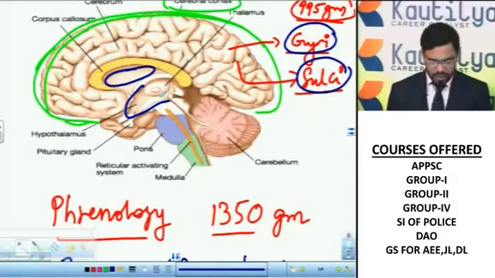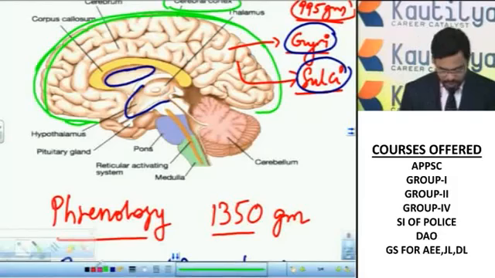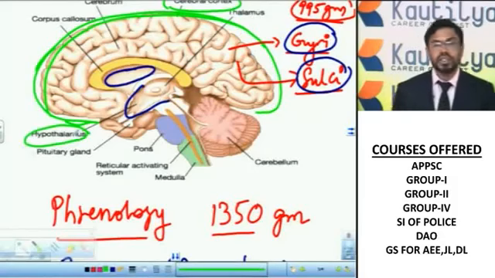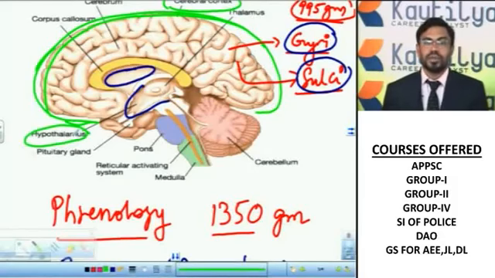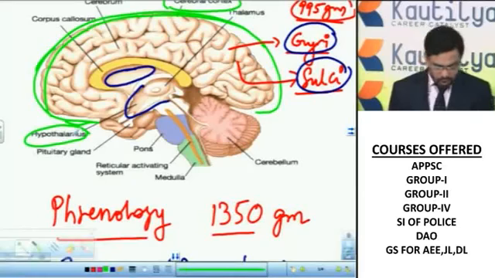The hypothalamus regulates the secretions of the endocrine glands. The hypothalamus releases some releasing factors. These releasing factors stimulate the anterior lobe of the pituitary, thereby the anterior lobe of the pituitary releases some trophic hormones. The hypothalamus is also called the thermoregulating center of the body. It mainly controls the secretions of the endocrine glands.